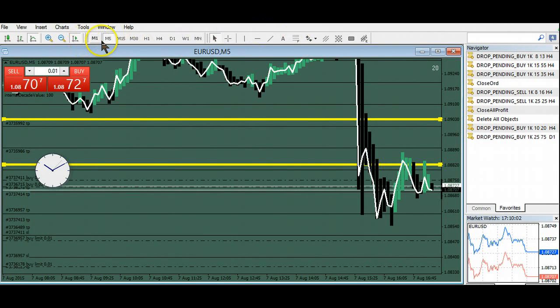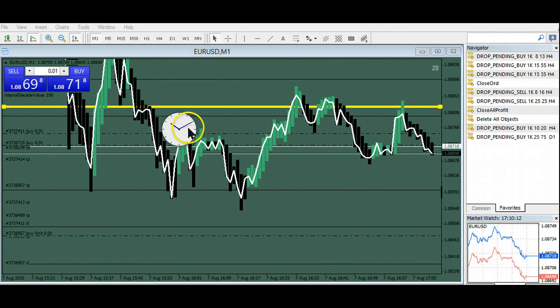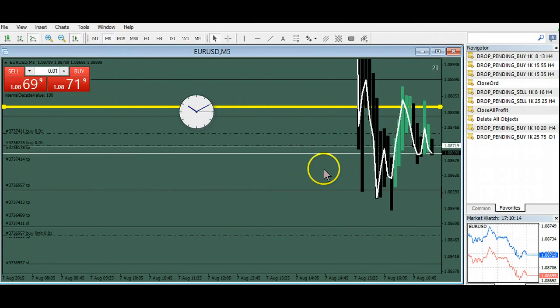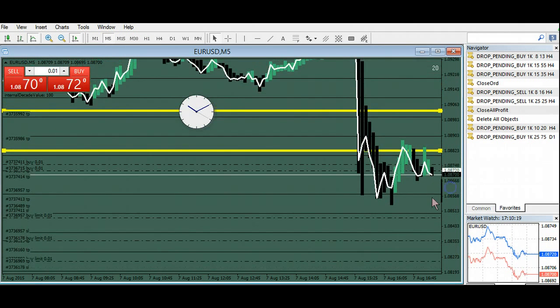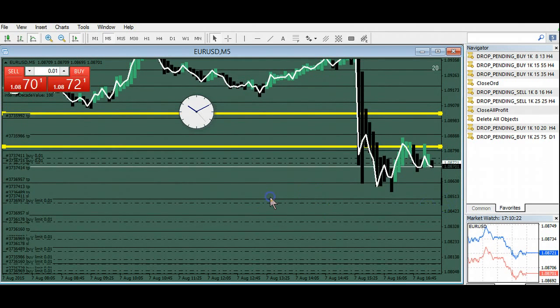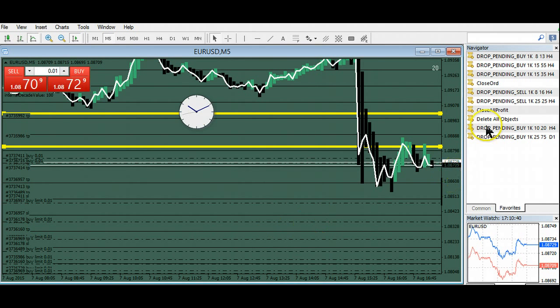Okay. Pretty boring. There's the 1 minute fractal. Still waiting for this 5 minute to... Okay, waiting to put a buy stop in here on the 5 minute fractal, or just get taken out, down in Disneyland down there. Another moment of truth. I suppose there's some crude oil report coming out or some nonsense. Anyways, let me just pause it here. I guess I should have paused it, but...